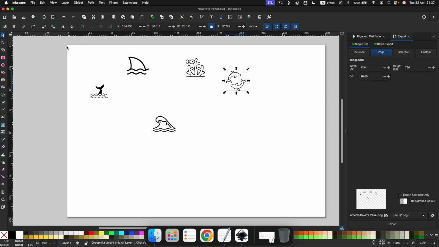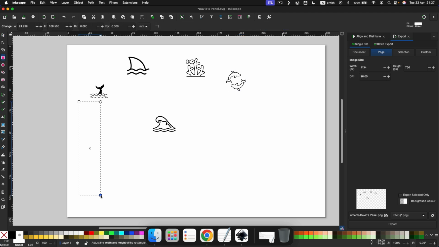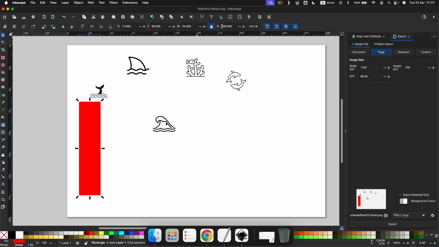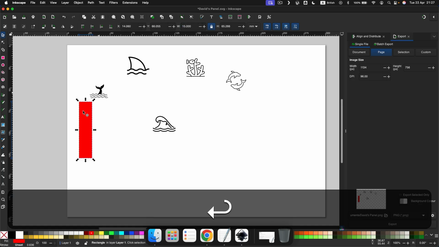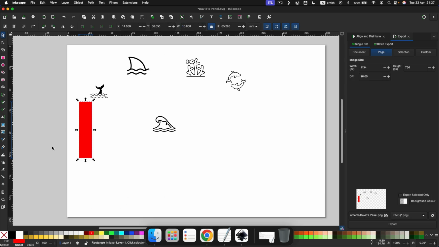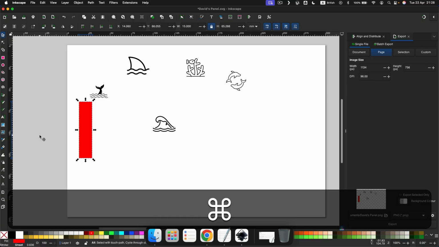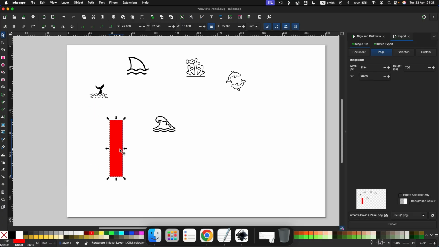Now to do this, I'm going to keep saving my work as I go. I'm going to work with some rectangles. Right, let me change the color down here. Okay, so I've got red so that I can see it. I've got my pointer tool here, my selector tool, and with that I can change the width. Yeah, so I want the width something like 15. Now, what we want to do, let me duplicate this. So Command C, I think. No, Command D. Yes, Command D,